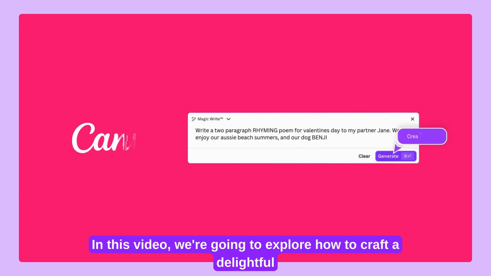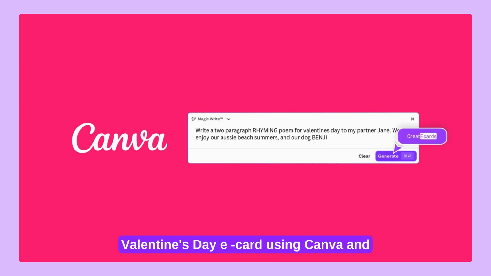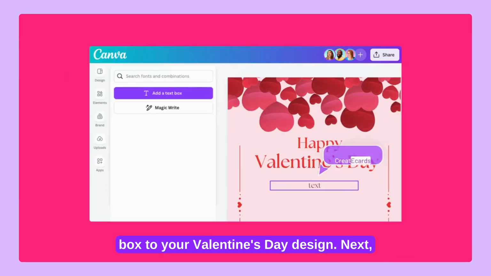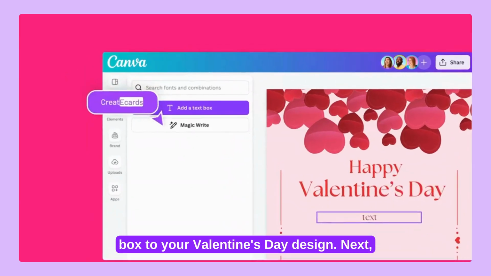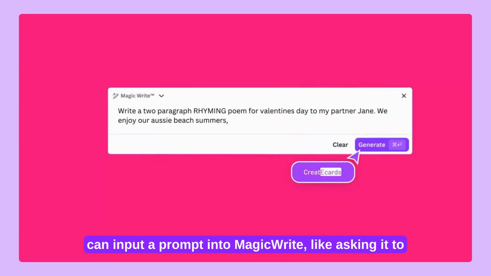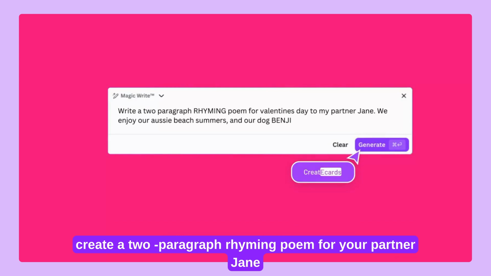In this video, we're going to explore how to craft a delightful Valentine's Day eCard using Canva and Canva Magic Write. To start off, add a text box to your Valentine's Day design. Next, select Magic Write within Canva. You can input a prompt into Magic Write, like asking it to create a 2-paragraph rhyming poem for your partner